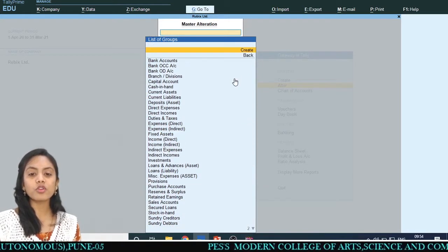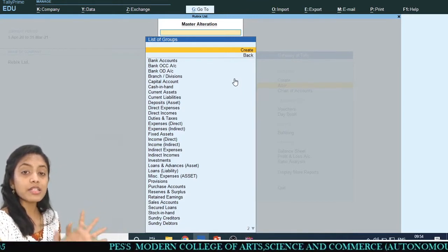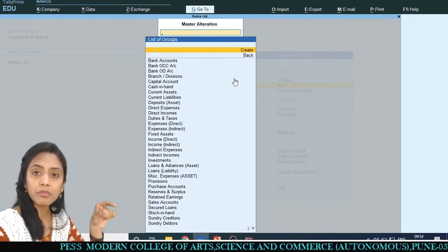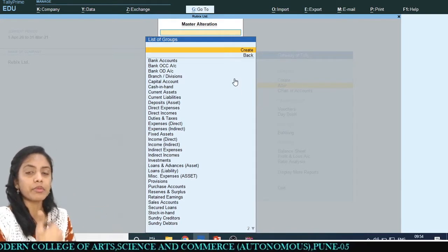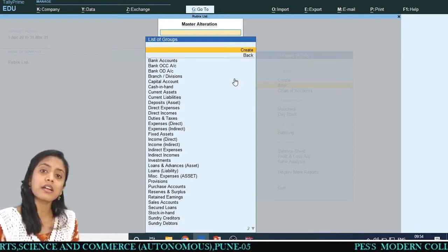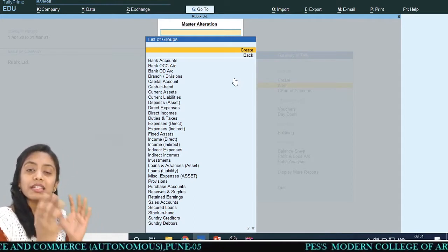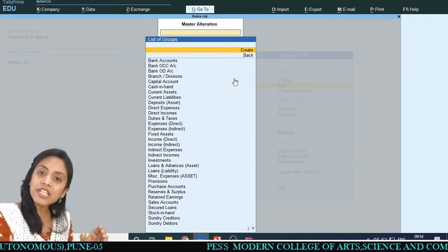This much of a groups list is there, that is from bank accounts, branch accounts. Means bank account is there, bank account will be common, but we have to create any bank name over there. For example, Maharashtra bank account, for example Dena bank account, for example ICICI bank account, SBI bank account. For these bank accounts we have to create ledgers. It means that these are the ledgers.